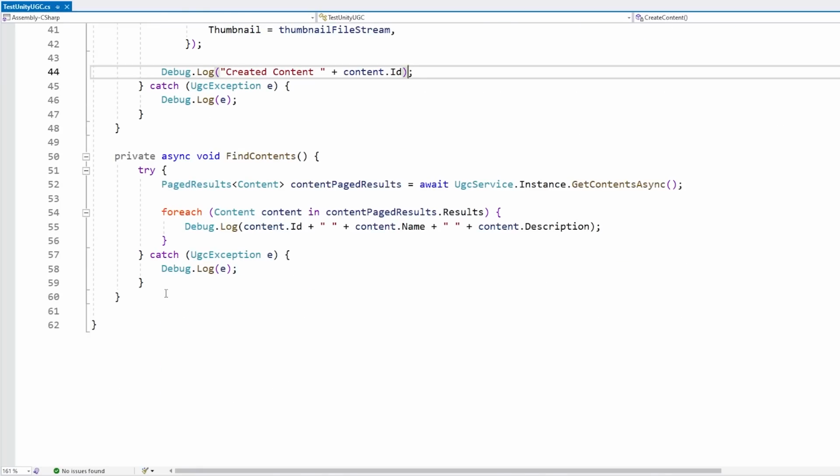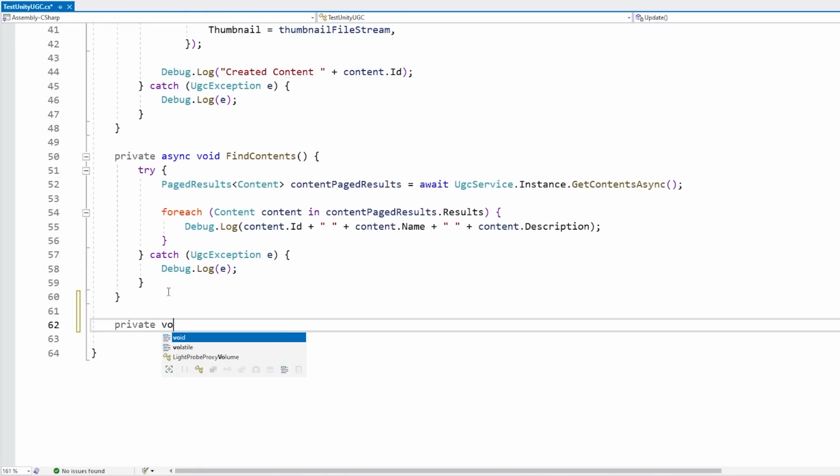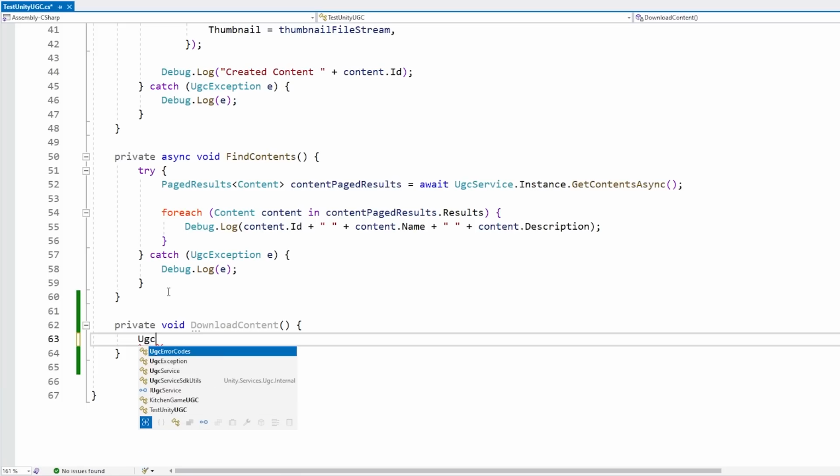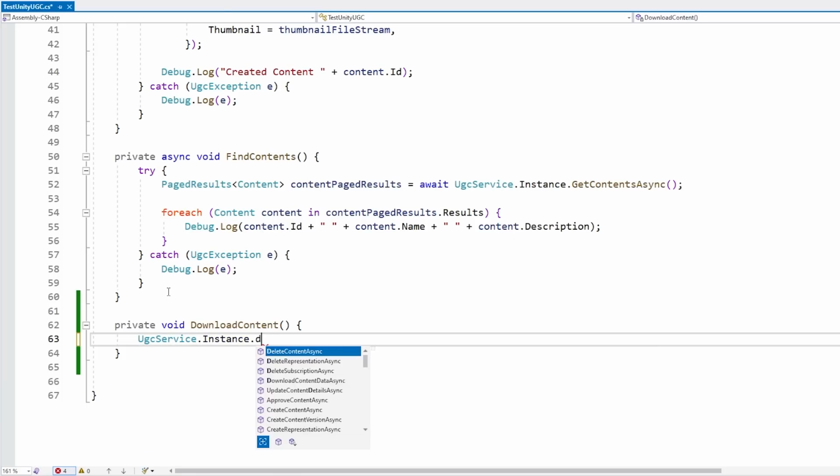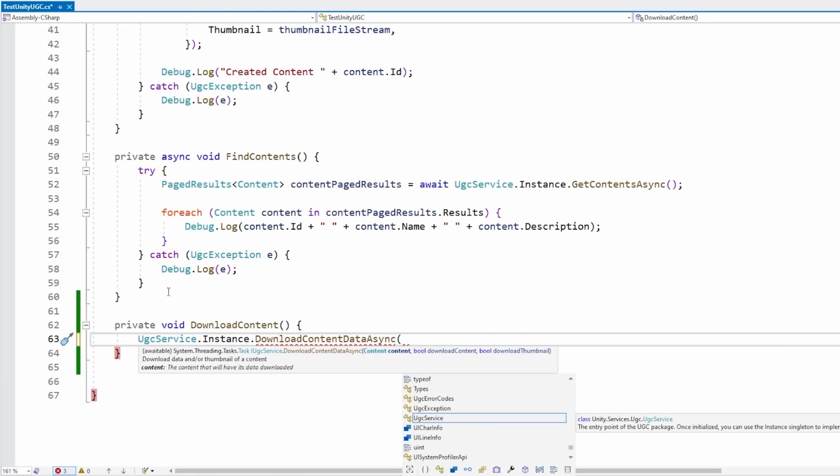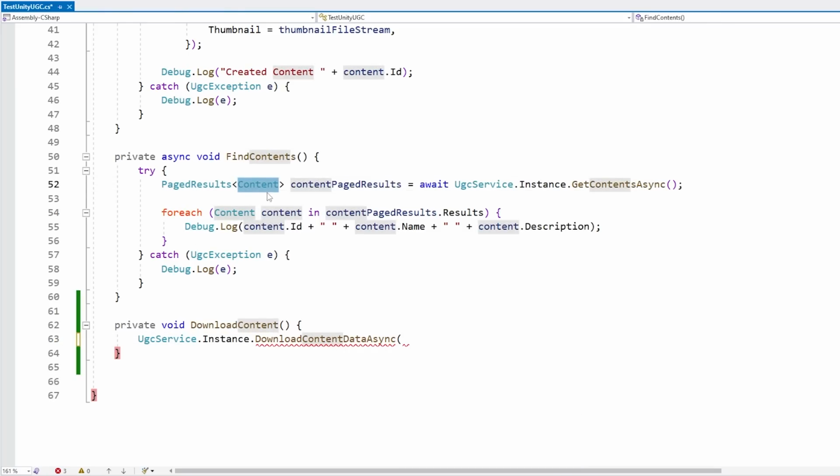For that, let's make another function. So let's go here, a private void. Let's call it download content. And now in here we use UGC service, the instance, and let's call download content data async. However, over here we can see this requires a content object. Now, technically we have a content object up here when finding contents, so we could download it directly after finding it. But if we just want to download some content, actually what we need in order to generate some content